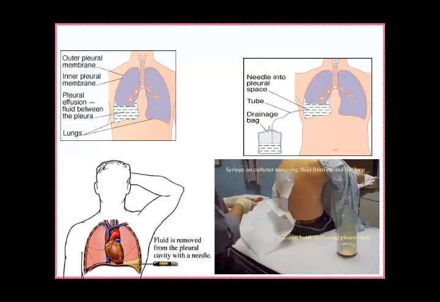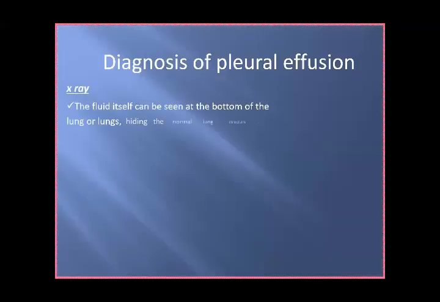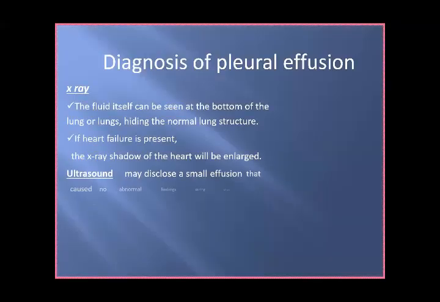Okay, so the most important thing in pleural effusion is its management, and its management includes draining the pleural fluid. What we can do is put in a syringe and get the fluid out, or chest intubation can be done with a drainage bag. But these are only symptomatic relief. The pleural effusion needs to be investigated first: what is the cause of this pleural effusion?